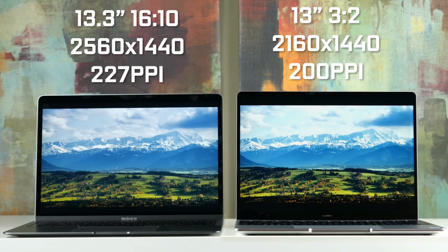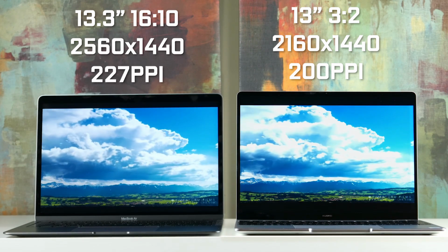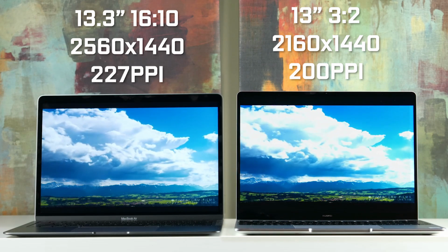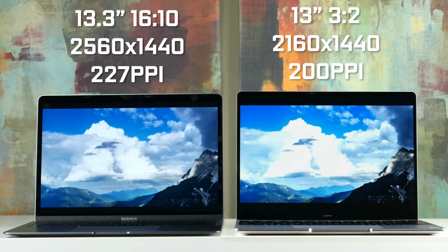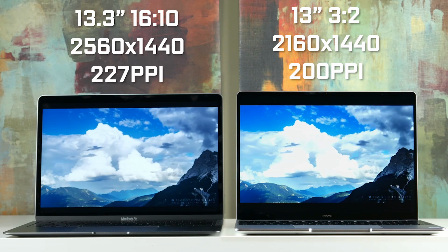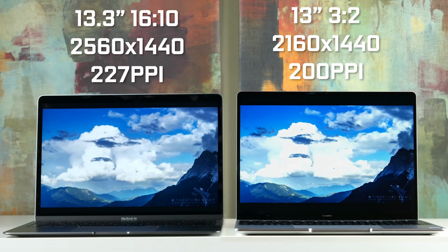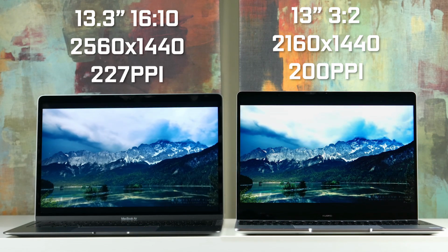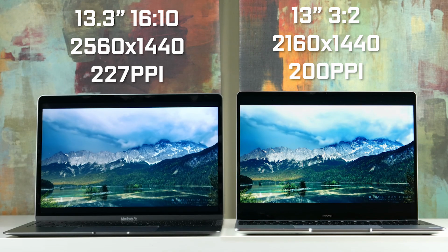But when consuming media, most content is going to be in 16:9 aspect ratio, so the 16:10 is going to give you fewer bars on the top and bottom of the screen, which is definitely in favor of the MacBook Air. But again, it depends upon what you do with your laptop for the most part. Now, in terms of resolution, you're looking at a slightly higher resolution on the Air, 2560 by 1440 with a